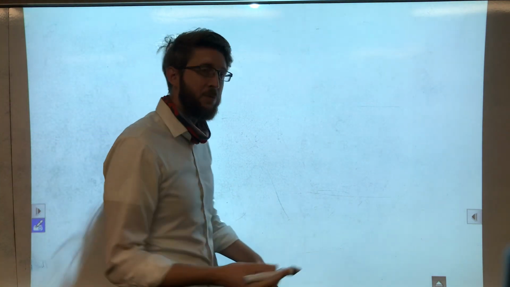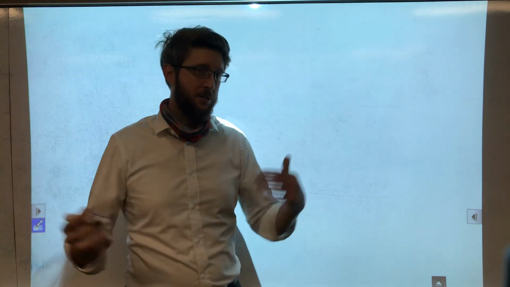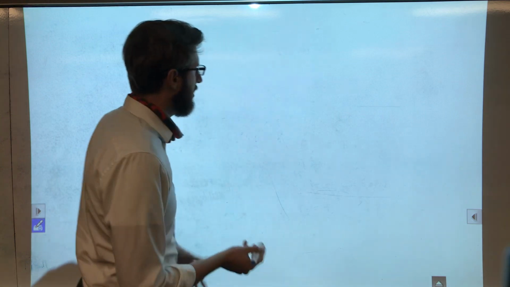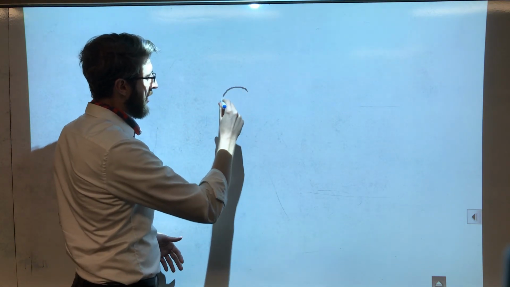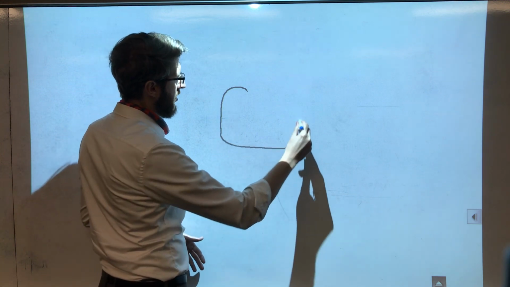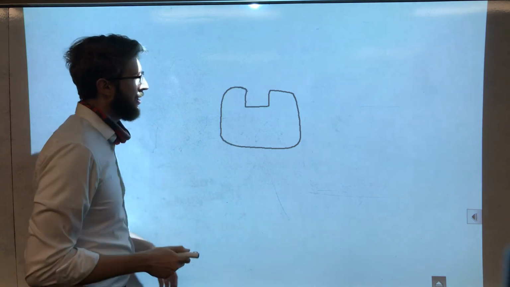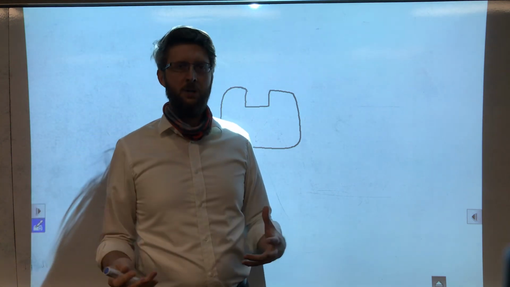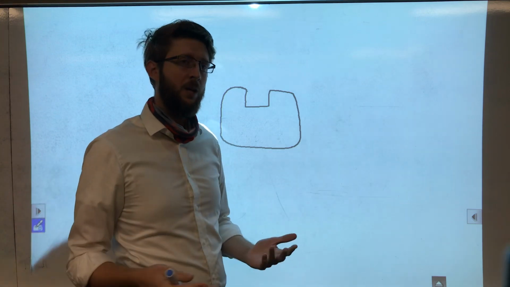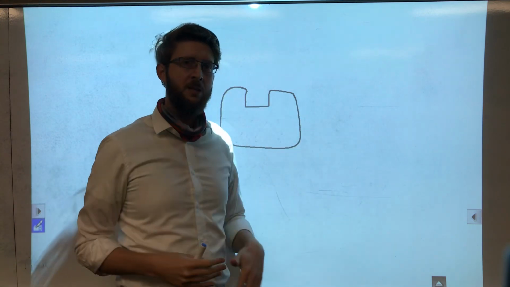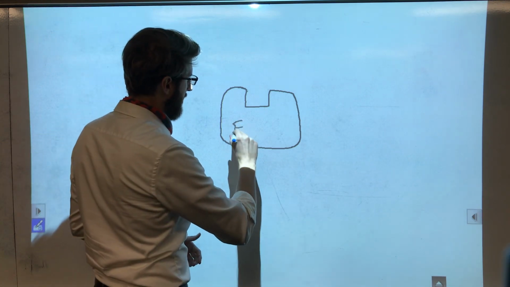So enzymes are these little molecules inside your body, and they're not just inside your body, they're in other places too, but let's talk about the ones in the body. So inside your body, you may have an enzyme, and these enzymes are certain shapes. They're not really shaped like this, but let's just pretend that this is the shape of the enzyme just for this example, okay? So this is our enzyme,